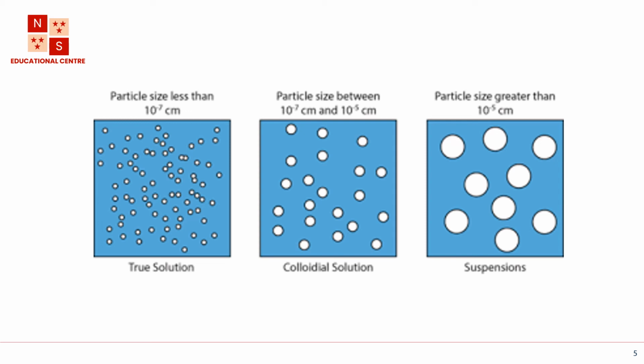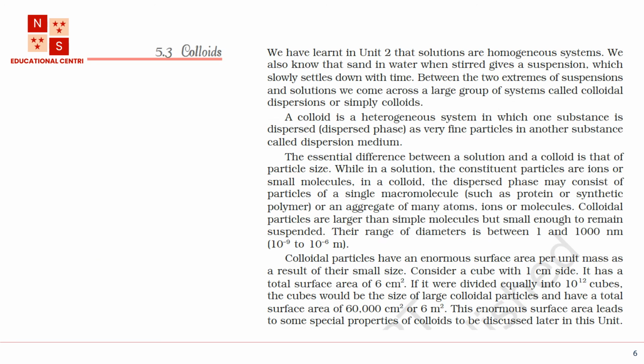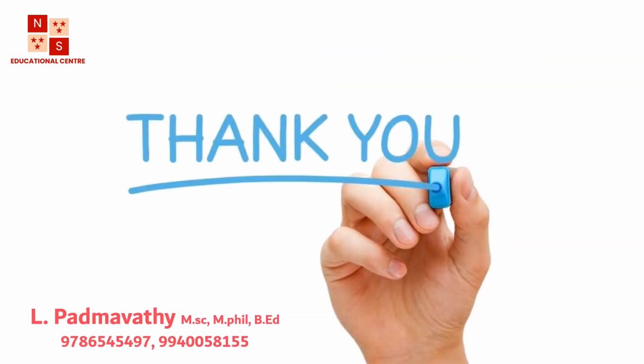For example, water with salt. The salt will be completely mixed with the solvent, that is water, right? Next, for the colloidal solution, the general example we take is milk, and for the suspension, water mixed with mud, which we can even see with the naked eye. So these are the examples. What are the different types of colloids? What I have said: the dispersed phase and dispersed medium, and the size of colloidal particles, and different types. Thank you, children.